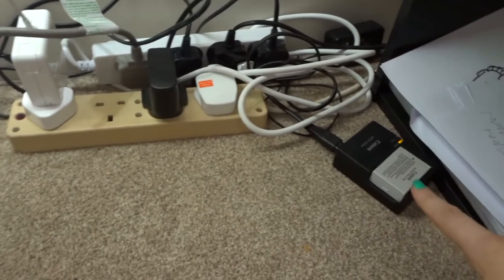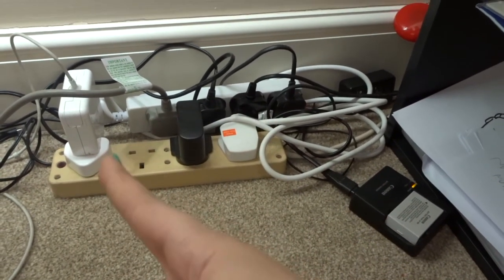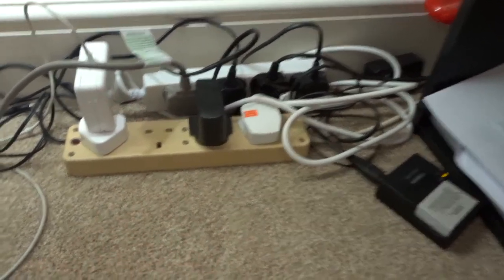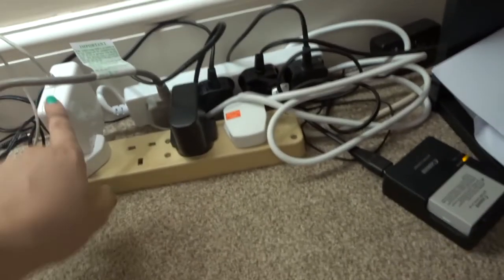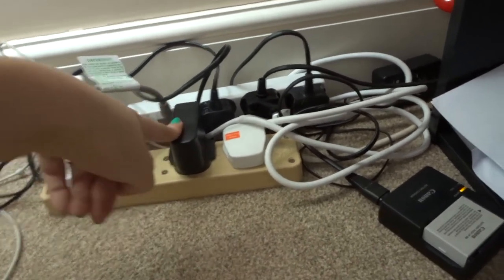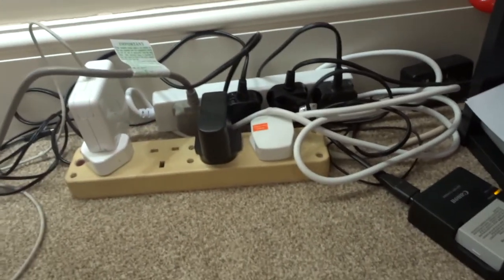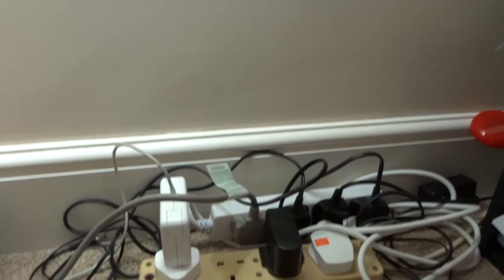Under here is a mess. So first of all, I need to do something with all of these wires. This is just charging my Canon battery. This is all sorts of bits, like an extra charger for my Mac that permanently stays here. This is such an old school extension unit that I really should get a new one. It worries me. Don't know what that's for, probably the silhouette. That plugs into the other one. It's just a bit of a shambles down here because that's really a bit dangerous. So I need to do it in a clever way, make it look neater, but for now